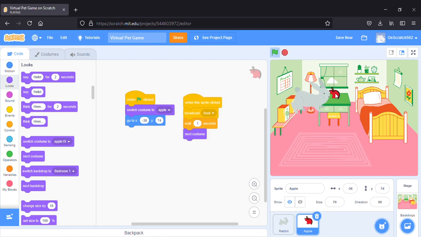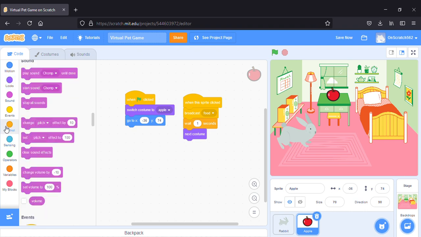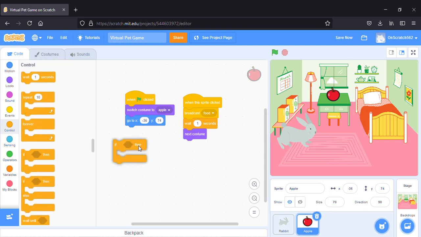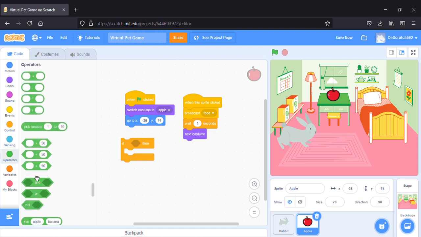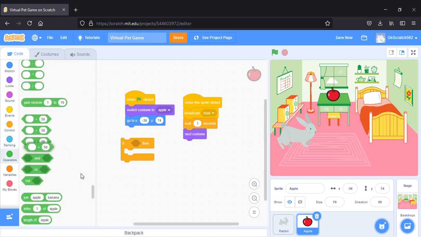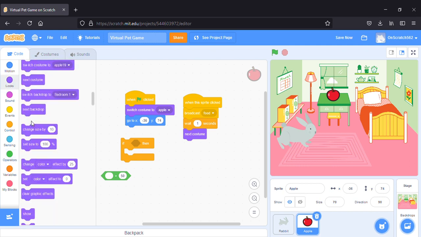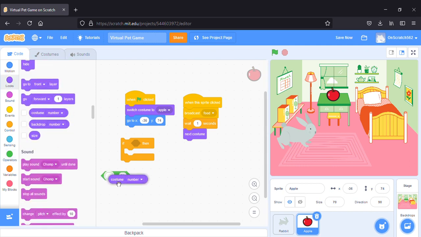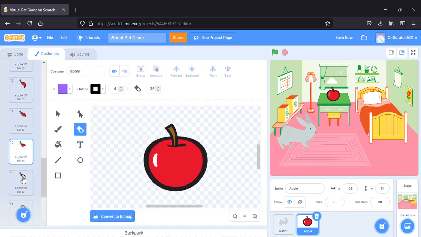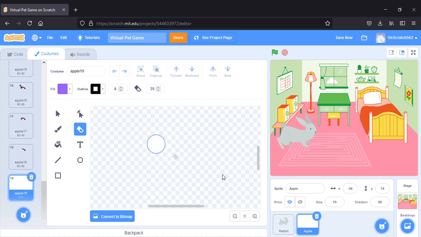So now this will go on forever. And when this is clicked, it's this. So now let's take another block, take an if-then and take an operator. Now let's code: take the costume number. If its costume number is equal to 19, which is nothing,